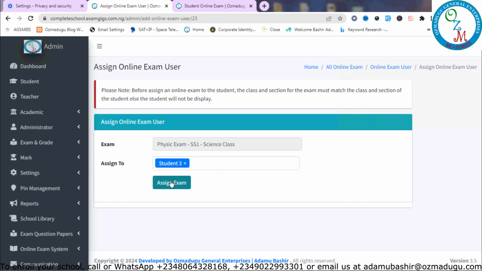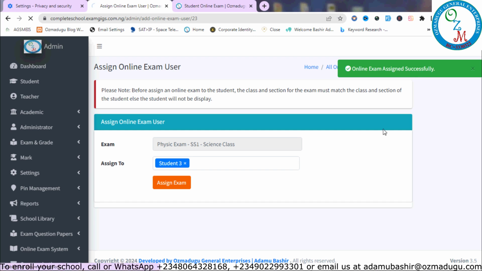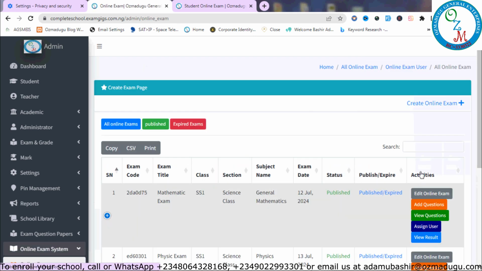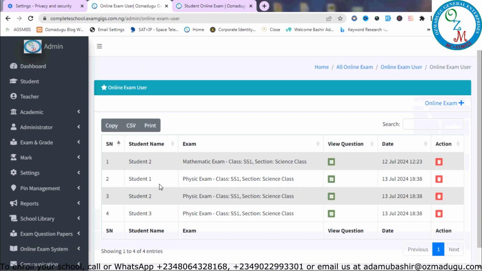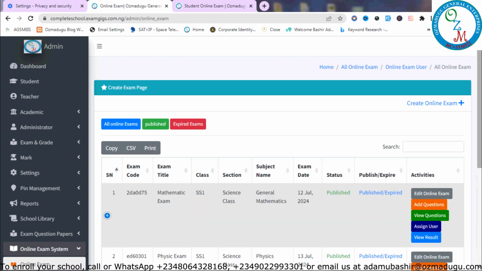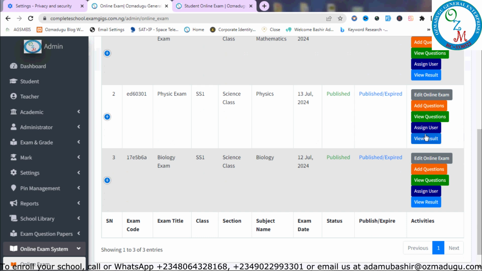So clicking on this assign, you can see online exam assigned successfully. So student 3 exam 2 is also assigned. If we now go to the online exam user, you can see we have 1, 2, and 3 already assigned this exam. So going back to all of exam again,